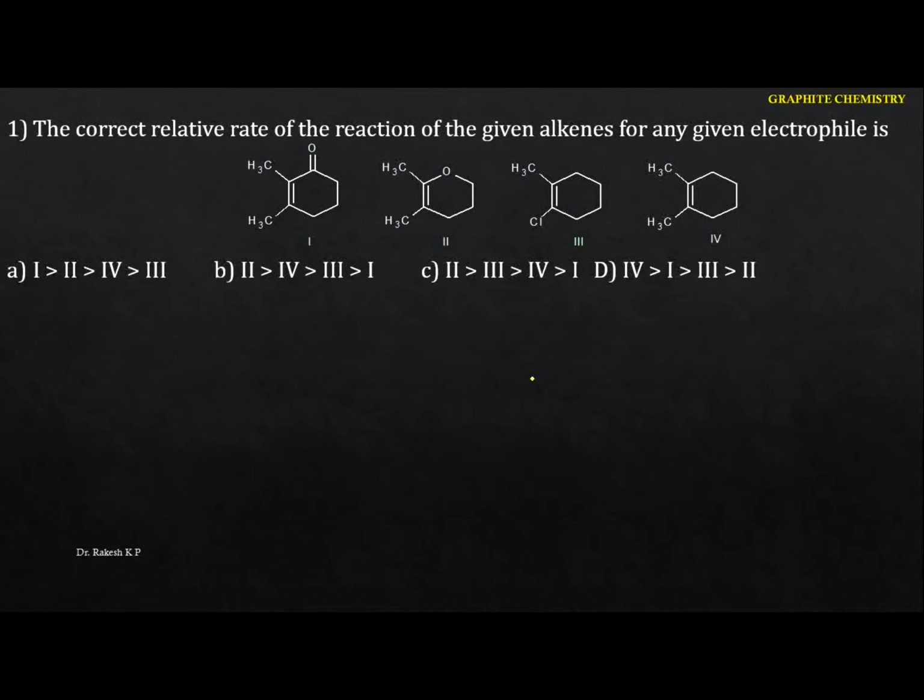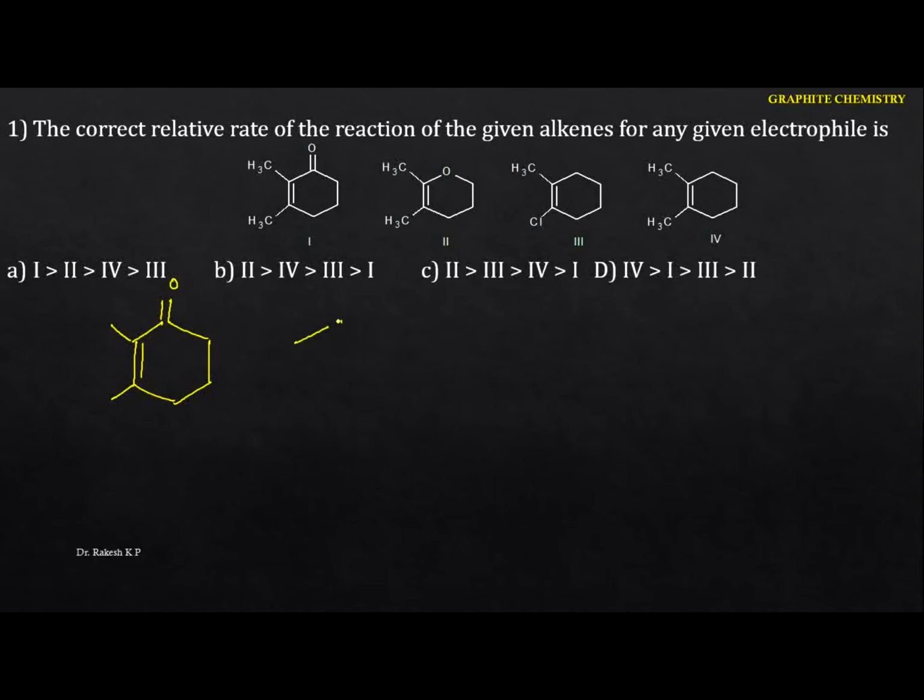That means you have to identify, among these alkenes, which will be the more reactive in nature. Now just go to the first one here. Let me take the first one. I am going to indicate this structure here. So here we have an alkene, the double bond O, and here the CH. I am going to write it in this form.